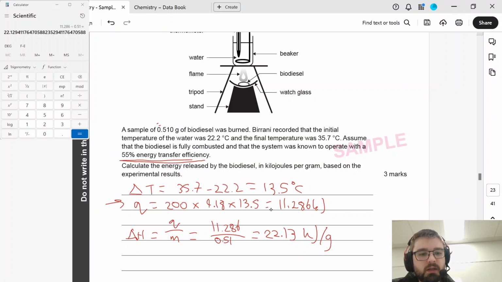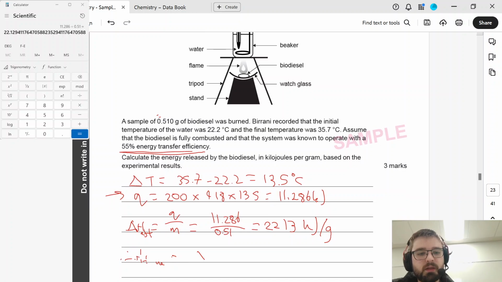So that's the effective one, in the sense that that's the actual energy you get out of it. The effective delta H is going to be equal to the true delta H times 0.55. So therefore the true delta H is equal to,